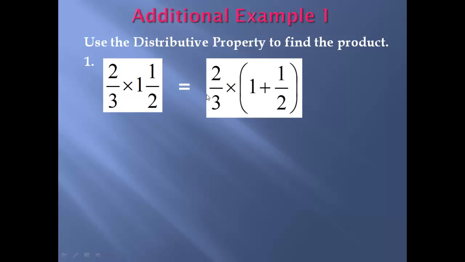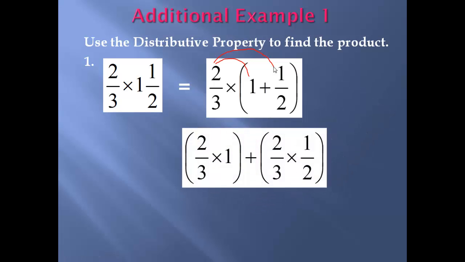Now we're going to use the distributive property to multiply 2/3 times 1, and then we're going to add 2/3 times 1/2. So we have the quantity 2/3 times 1 plus the quantity 2/3 times 1/2. 2/3 times 1 is 2/3. And then we're going to have plus